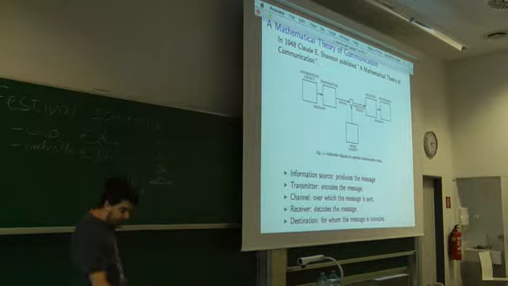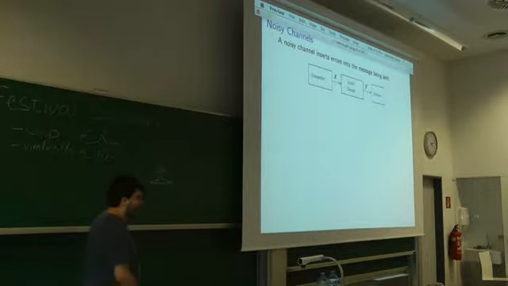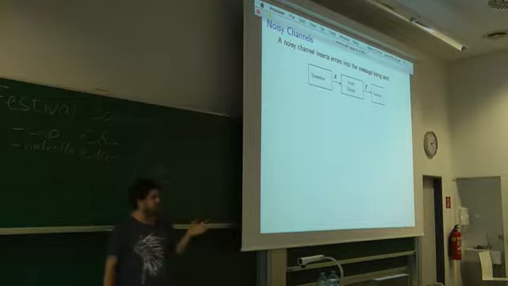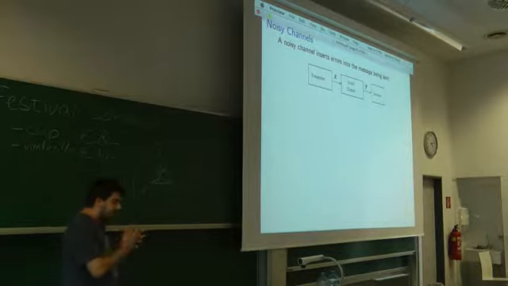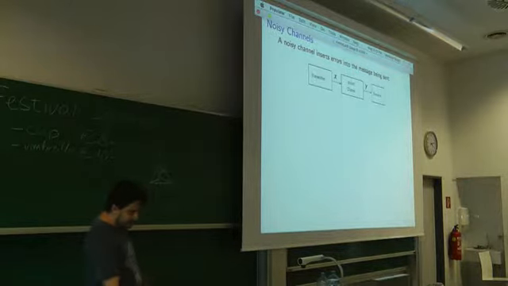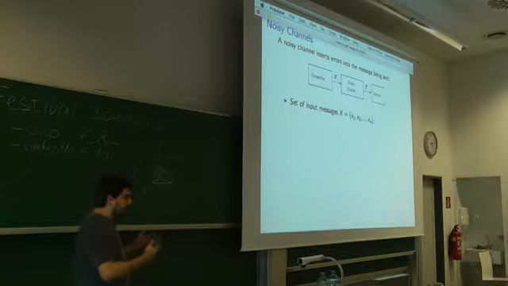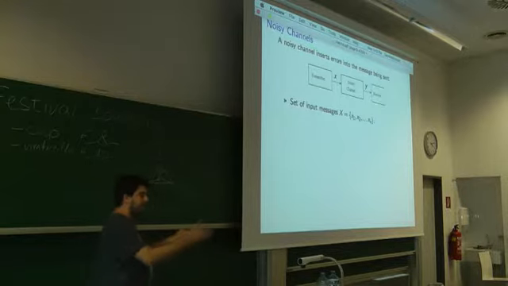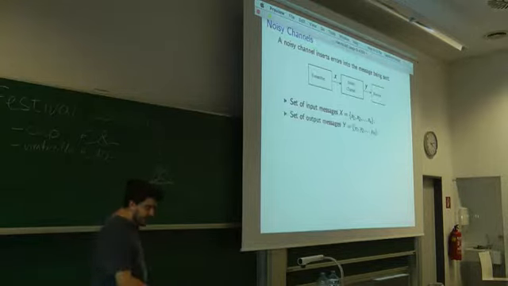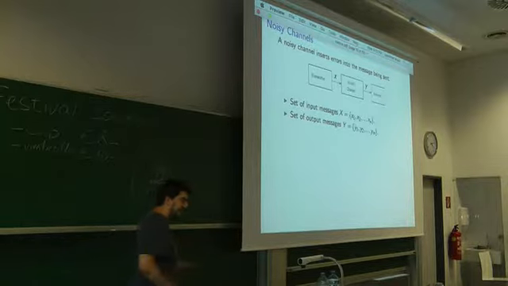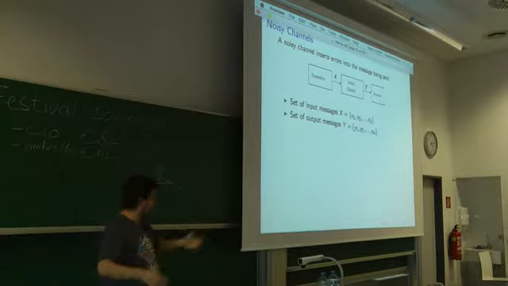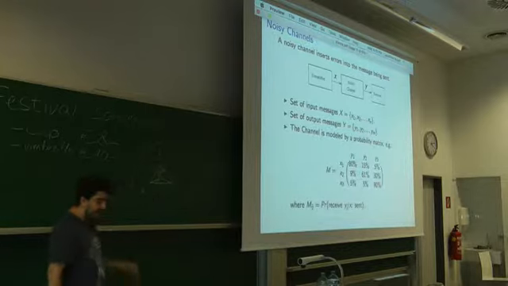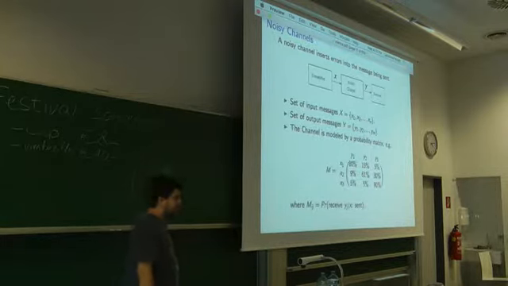So in coding theory, we work exactly with something called a noisy channel. You have your transmitter, someone is sending something, and the channel puts some noise into it. What that means is that you have a set of messages that are sent through the channel, and you have a set of messages which are received on the other side. These things are very general. They can be images, they can be numbers, you can see them as you want. And the important thing is that the channel is modeled by a probability matrix.